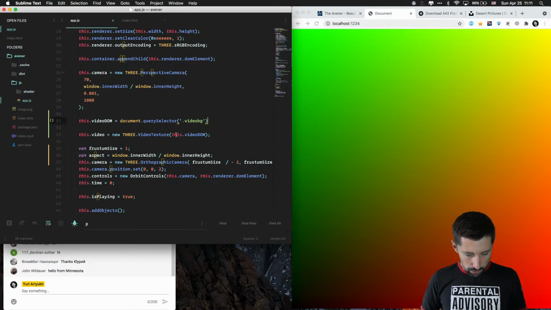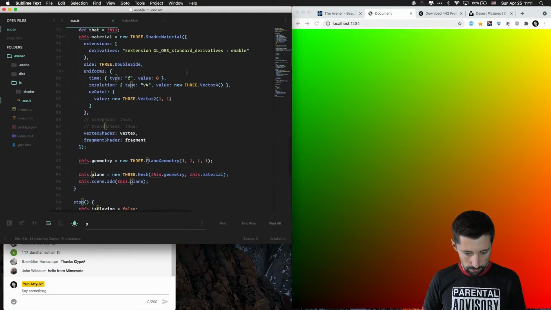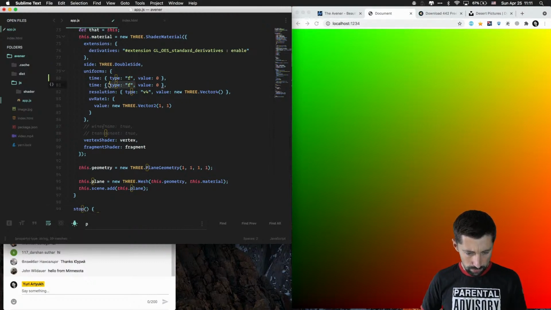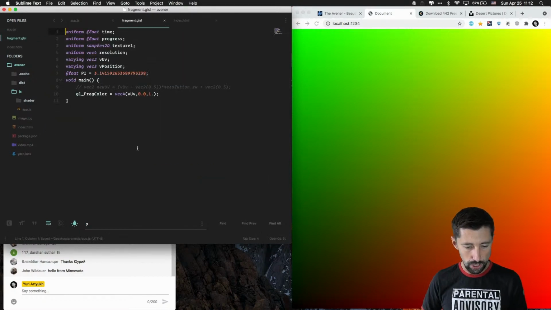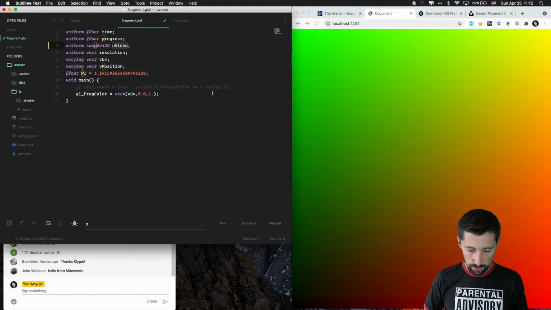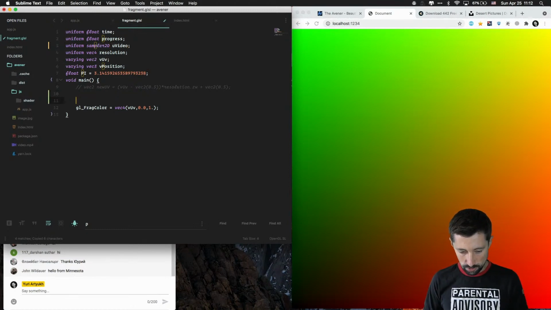So I have the video as a video texture now, so I can use it in my shader now. You don't really need these types anymore in the shader material now. And you could use just this video, and then I could go to fragment shader, use this video as a sampler, and then I could just do something like this, equals